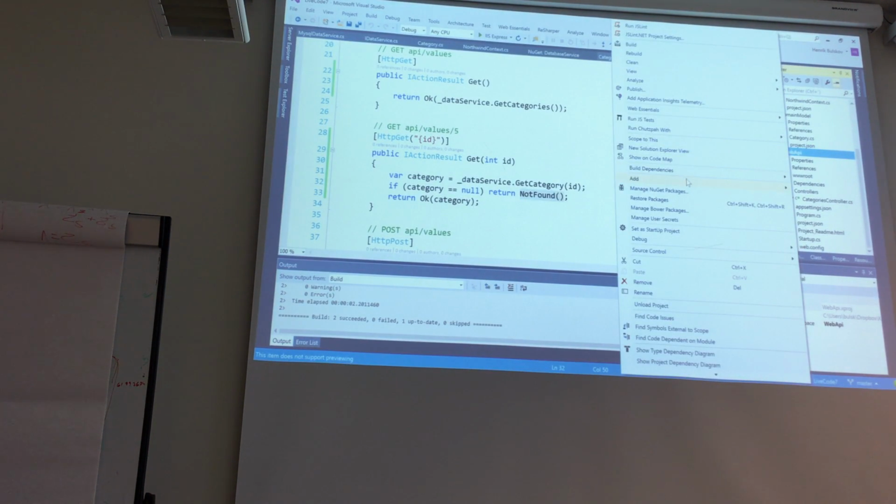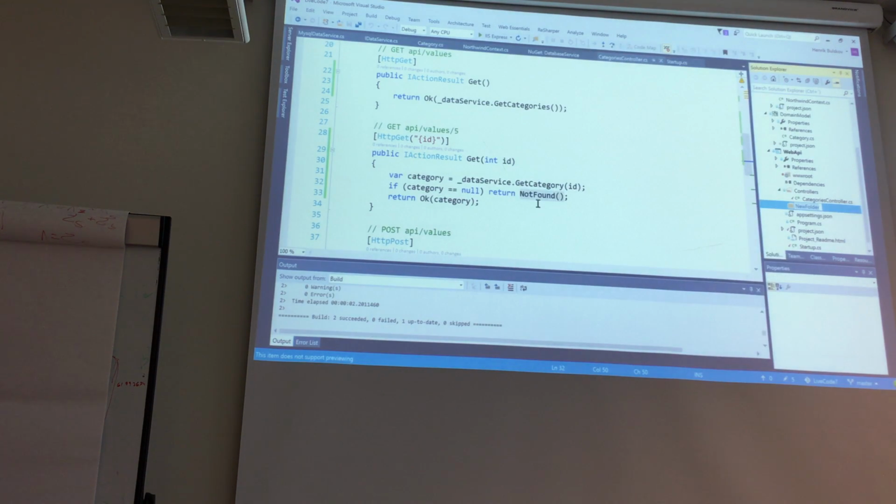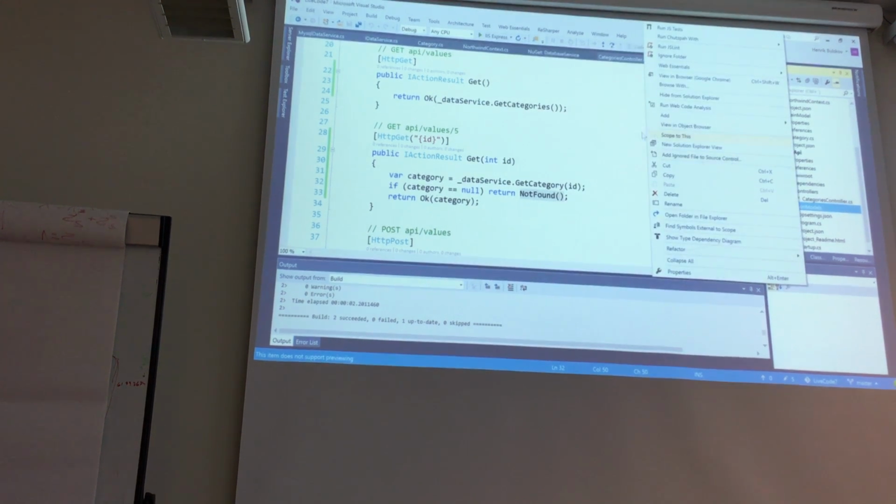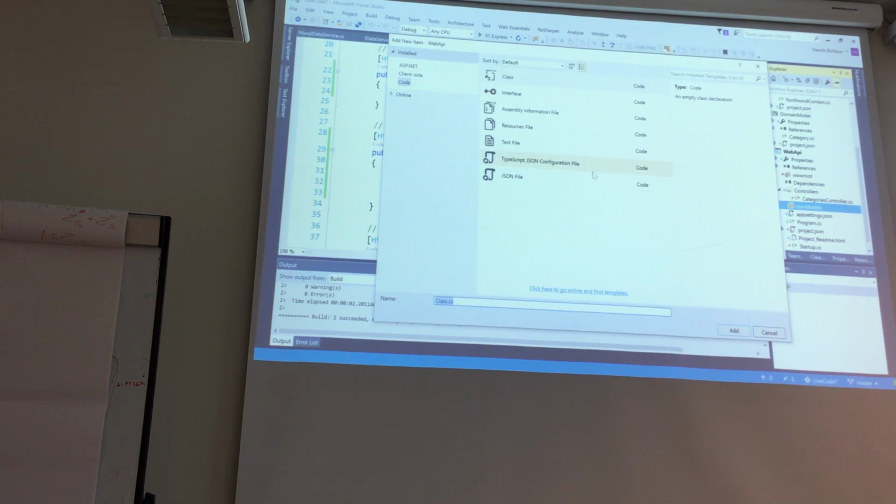So I need to add that model. So I create a new folder. We can just call it JSON models. Yeah, that's fine. So that's the JSON models that we want to return back to the client. Inside here, I create a new class. I call it the category model. Whatever, could be JSON model, but